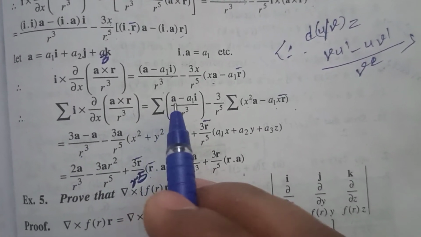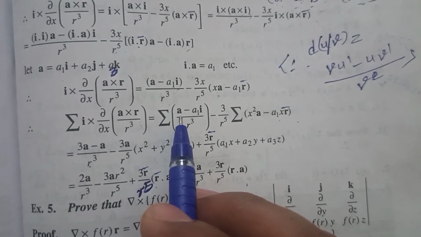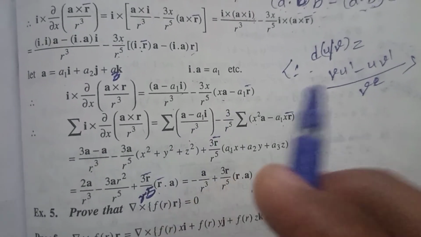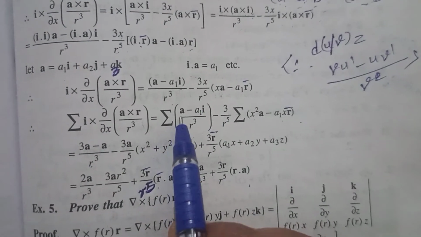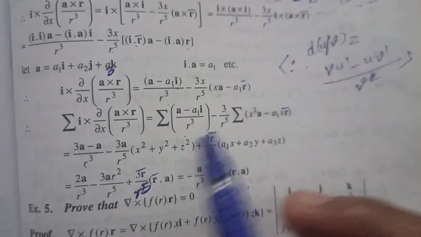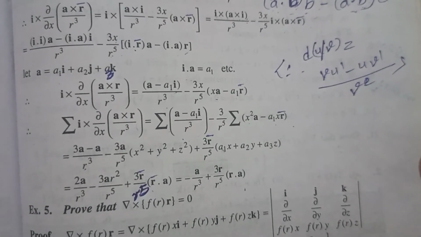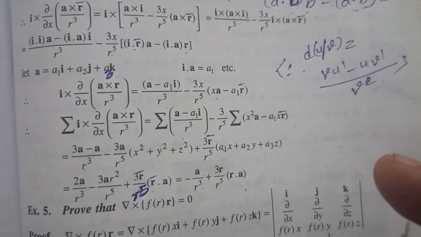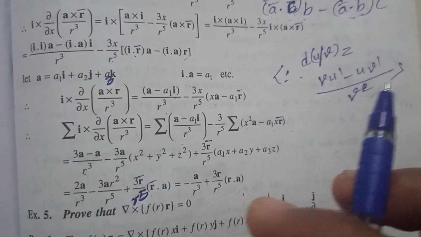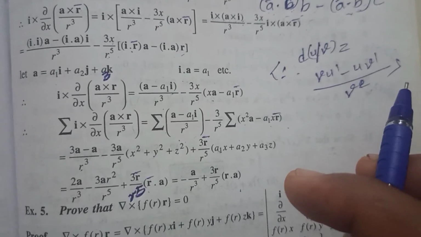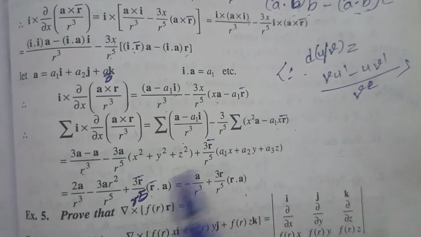Now we are going to apply this summation for this one. Here A with respect to î only, no, with respect to î, ĵ, k̂ means we will get A, so that means 3A. That means if you apply this summation, here summation means it includes with respect to î, with respect to ĵ, with respect to k̂. So if you apply the summation with respect to î, ĵ, k̂, it means A plus A plus A. That is 3A.